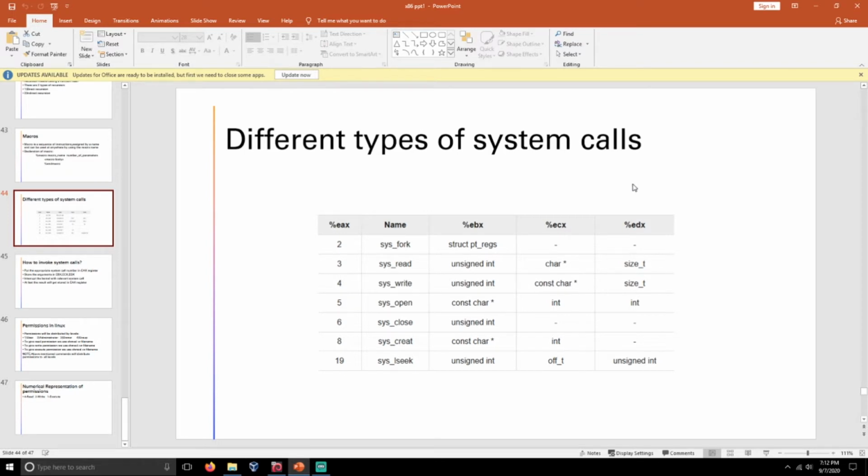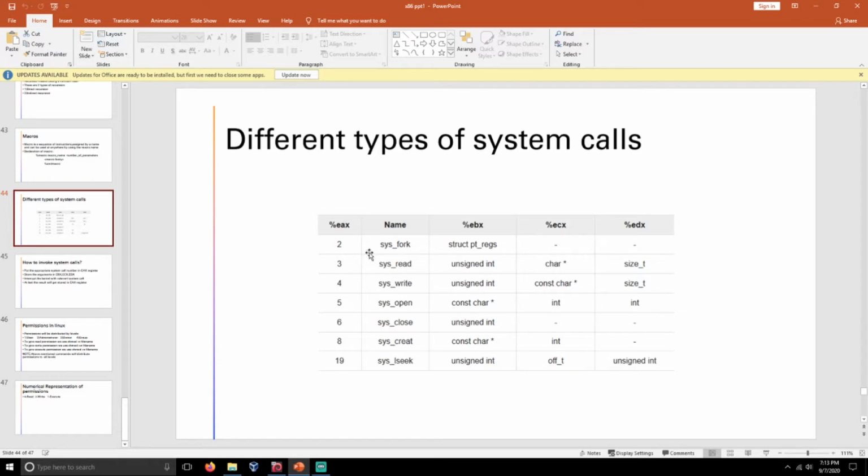Before going to discuss them, you need to know how to invoke system calls, and the opcodes and arguments that are to be passed to the respective system calls. Here you need to remember this table. You need to remember this picture in your mind while you are dealing with files.